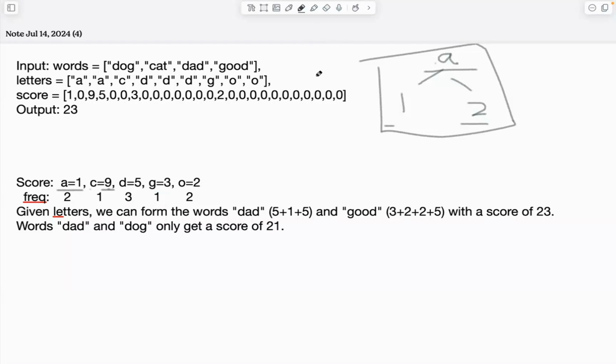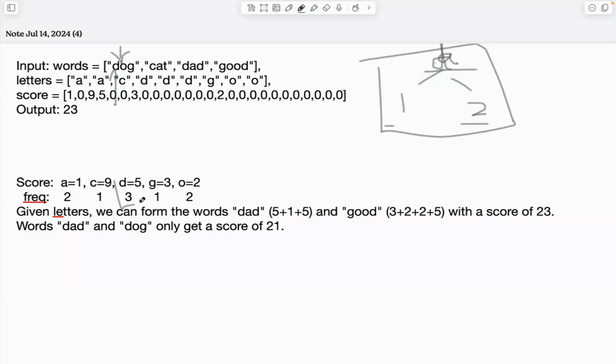Now let's quickly go through this one. So now we have one pointer, right? We have the pointer pointing to this first word and also pointing to the first character D. So we have the hash map, right? The D,